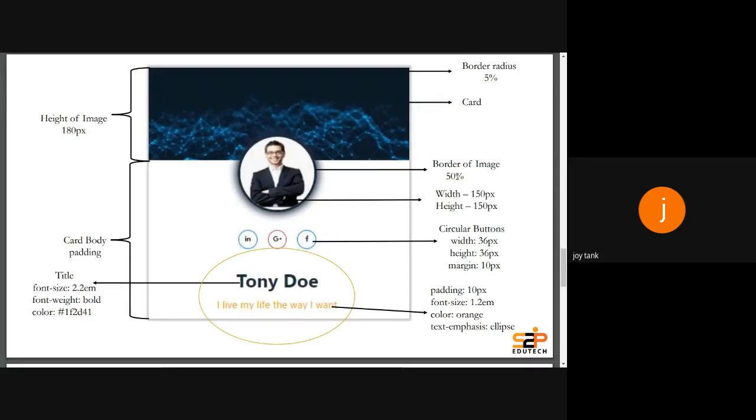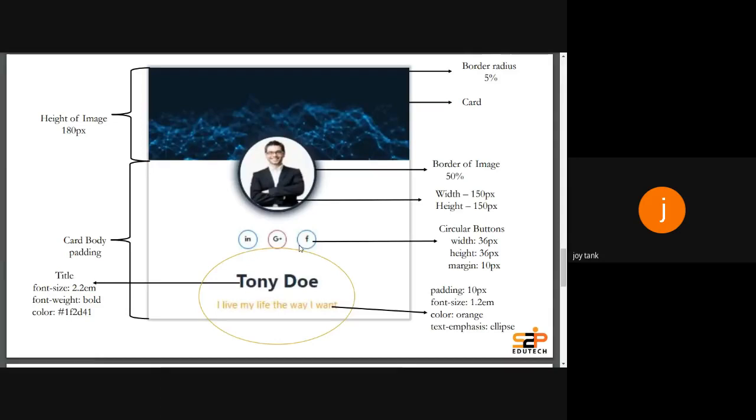Why? Because if you are designing a container in rectangle mode and now you want that container to look circular, you need to set a border radius on that container so that it is designed in circular mode, oval mode, or something else. So we have taken a 50% radius on this image, and have set a width and height of 150 px.